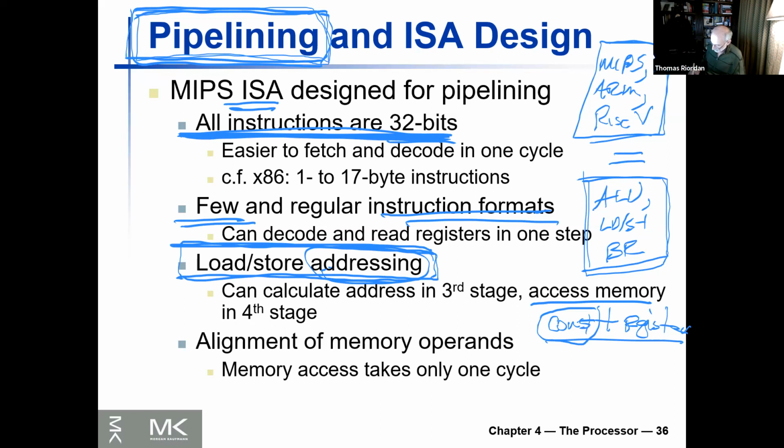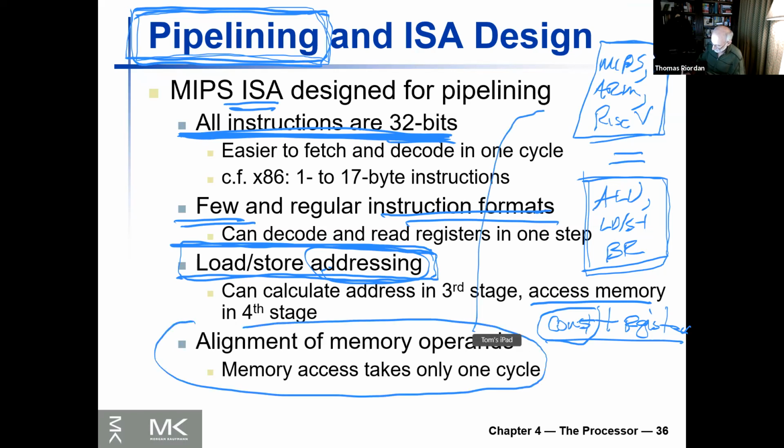And again, here, the modern versions of these three architectures don't require alignment of the memory operands. Having alignment is really, really good in the design. It makes the design much simpler. But sadly, because there's so many data structures out there that are generated by the Intel architecture, the x86, which does not require alignment. There's so much data out there that's misaligned that all of these architectures have had to